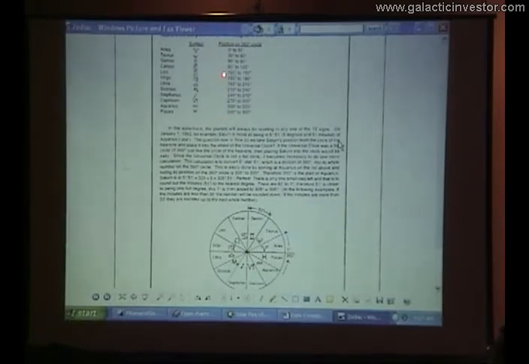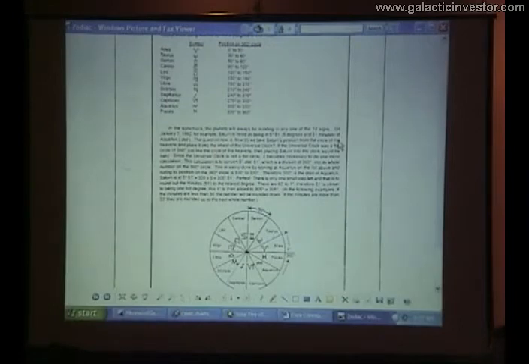But you have to think in terms of longitude around the circle. So you have to think in terms of 0 to 360. So if a planet's at 7 degrees Sagittarius, it's really 247 degrees of longitude. You have to think of 247. And then when I get into factors, that could be